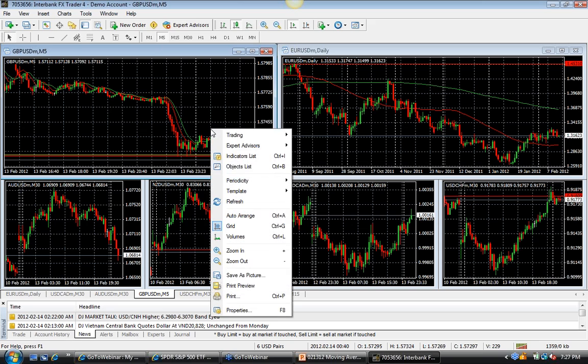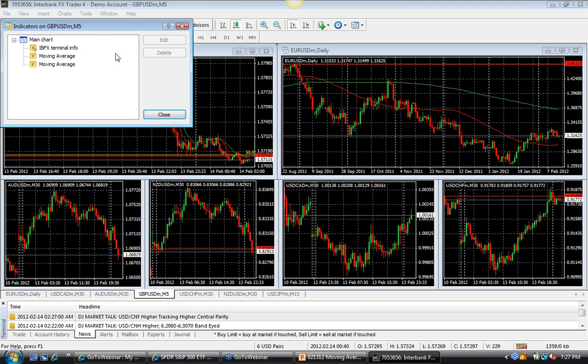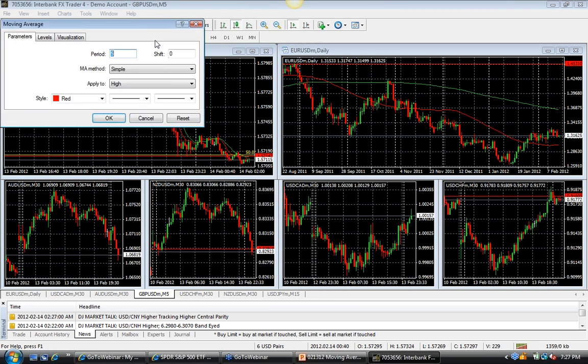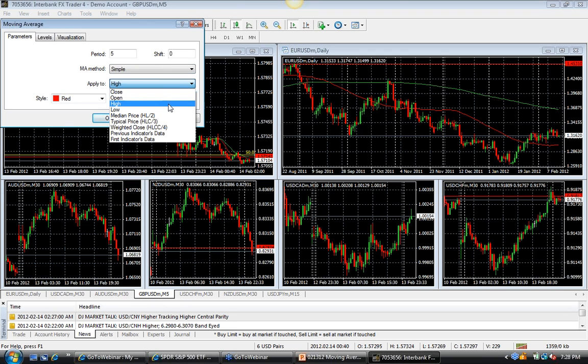But that's what I said, there are some different types of inputs that you could put, but it's not moving it that far. You could use simple or exponential, smooth, linear, weighted. Don't get caught up in that. It's not going to move too much. Most people use simple or exponential. The difference between simple and exponential is that exponential weights the most recent data, the most recent bars or periods, more. Simple smooths that out a little bit, and then as you can see, you can do the open, high, low, close. And if you read a book on moving averages, you would get all of these different ways to use it, but I don't think that there's a need to get caught up in it.